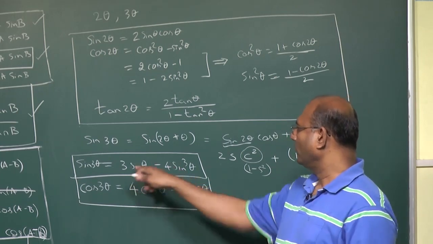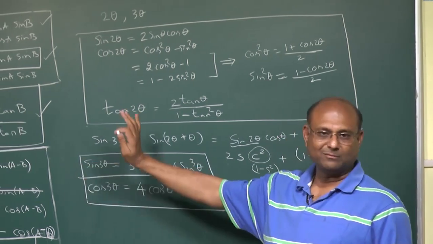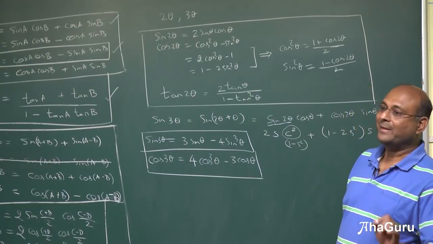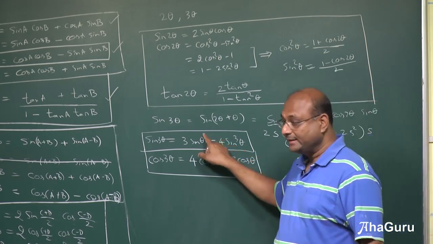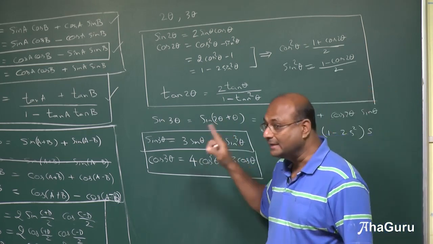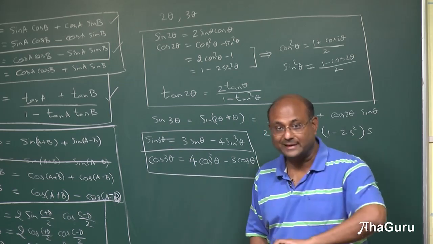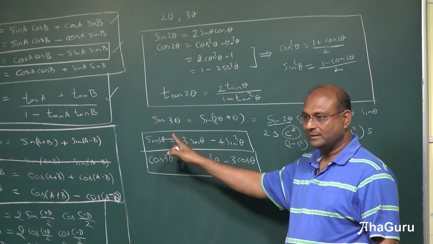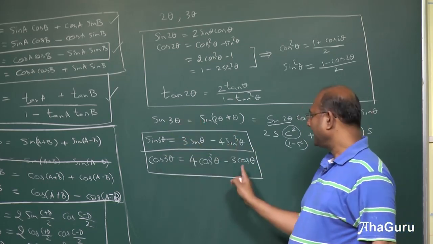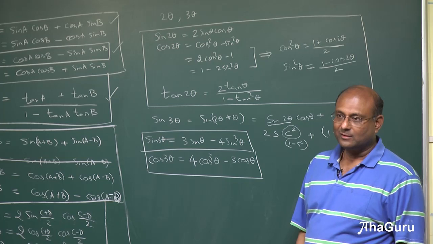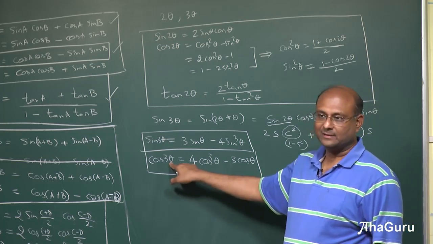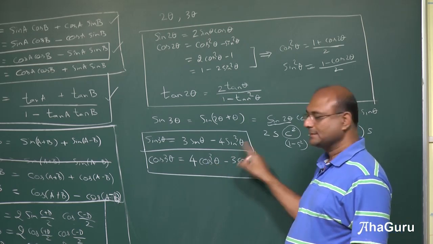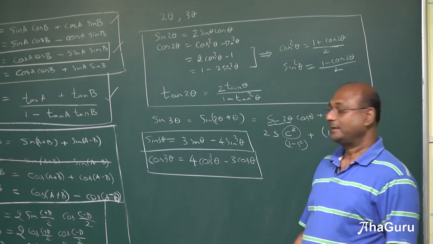If I put theta as 0, this becomes 0. Correct? If you make theta 90 degrees, this is 1, this is 1, this gives me minus 1. That gives me sin of 270 degrees. What is sin of 270 degrees? Minus 1. Is this minus 1? Yes. So good. Let us try this fellow. Put theta as 0. What is cos of 3 theta? Cos of 0 is 1. Theta is 0, 4 minus 3, 1. So it has to be like this.